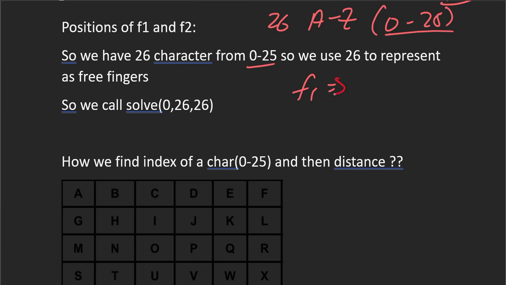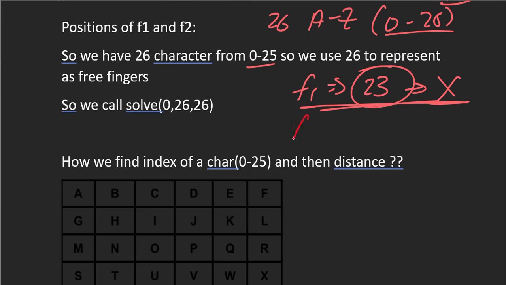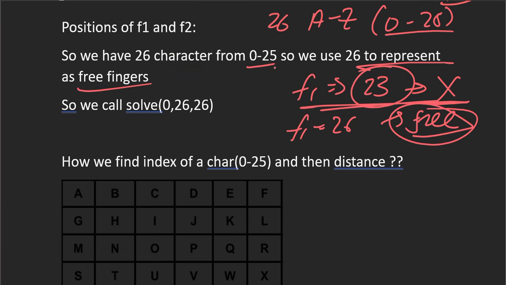So suppose if F1 is 23, that means F1 is present at X, right? So this way we have assigned the numbers to all the characters. And suppose if F1 is equal to 26, that means the finger F1 is free, right? So we have used these numbers. So initially our index, we are at I is equal to 0 and both our fingers are free, so we call sol 0 comma 26 comma 26.